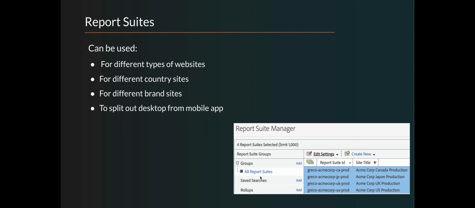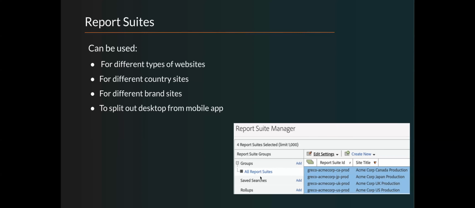Now you can have a different report suite because maybe you have different types of websites, or you could have different report suites because you have different countries. Maybe you want to have a different data set for every country. Or you might have different brands. So for example,